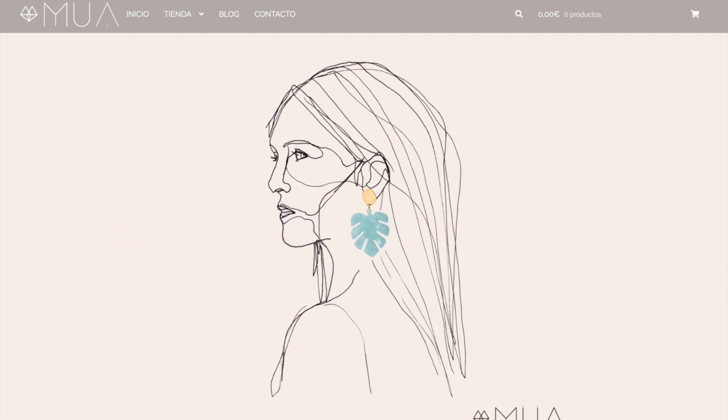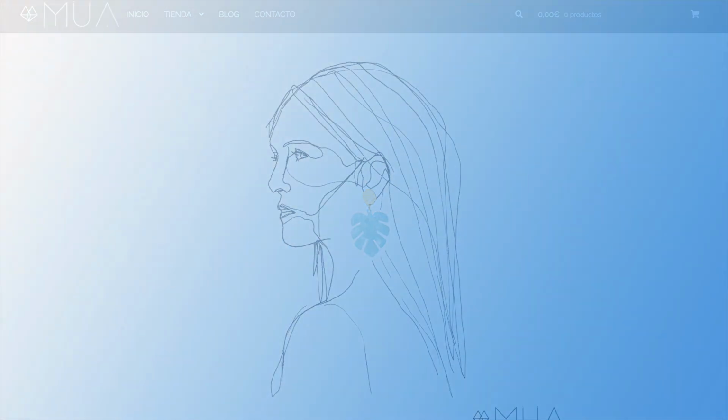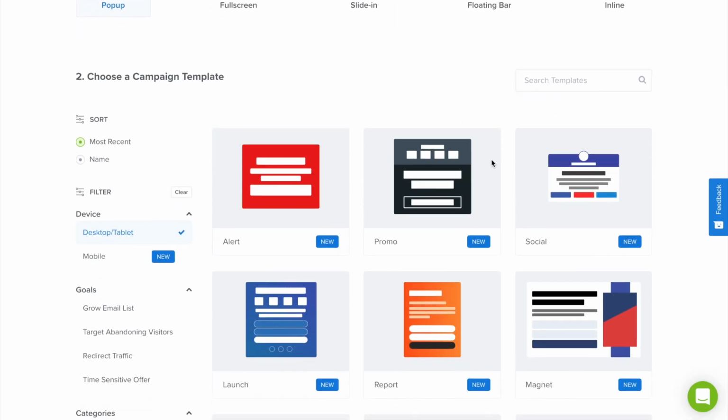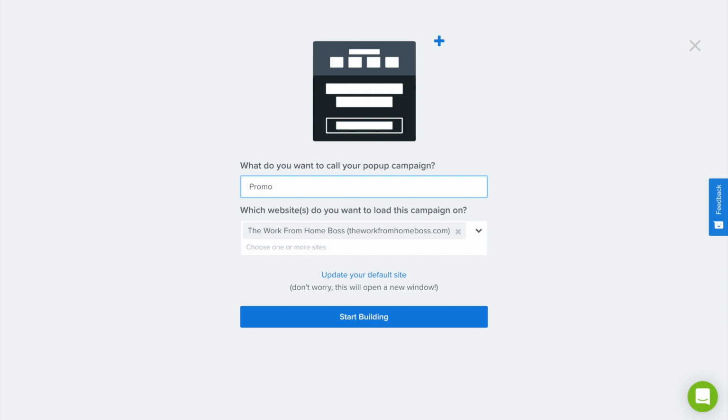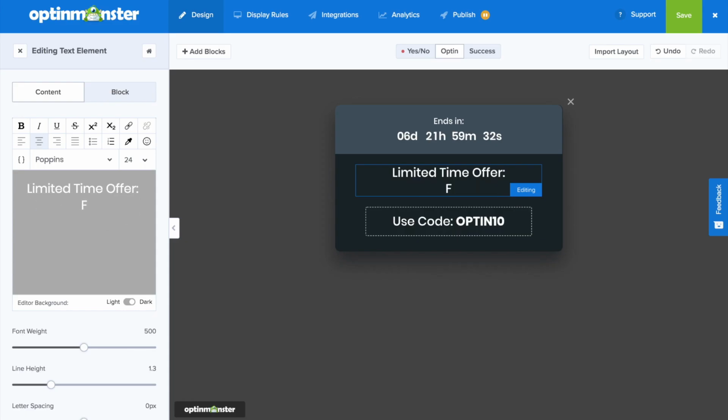an OptinMonster campaign on their site. The best way to remedy this is to use one of our hundreds of templates to quickly get an OptinMonster campaign on your site. We promise it won't take you more than 5 minutes and it'll be well worth the